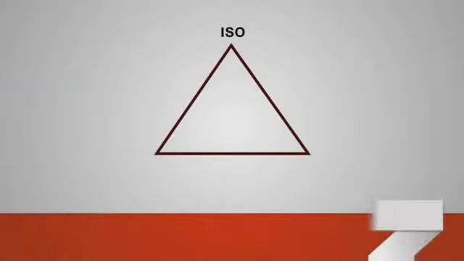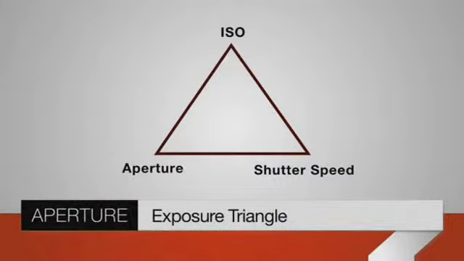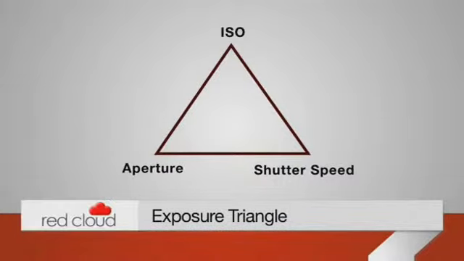So one of the key secrets to taking great pictures is to make sure you get the exposure right. And by exposure, we mean the correct amount of light entering the camera to take the picture that you desire. So when we talk about exposure, there are three key factors to consider: the ISO, the shutter speed, and the aperture size. We've got some great tutorials that will talk about ISO and shutter speed, but in this one, let's